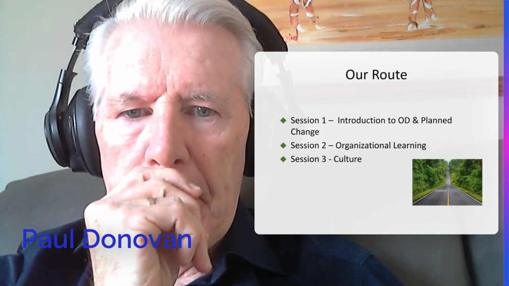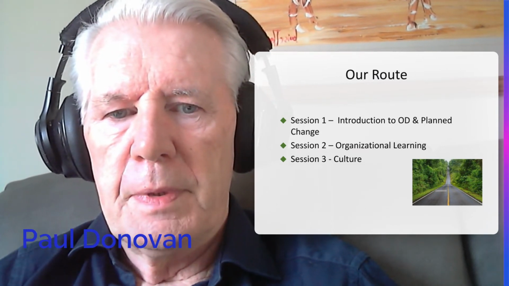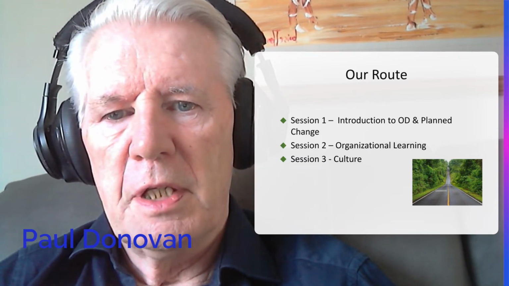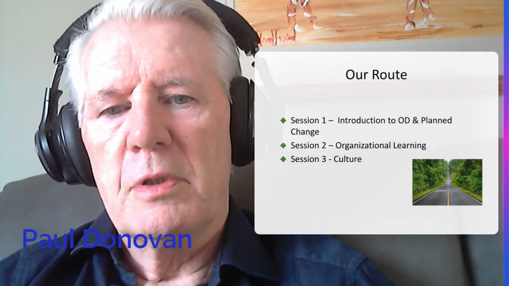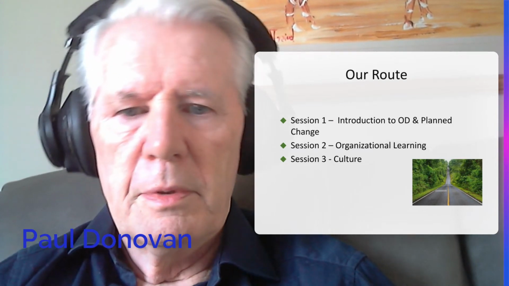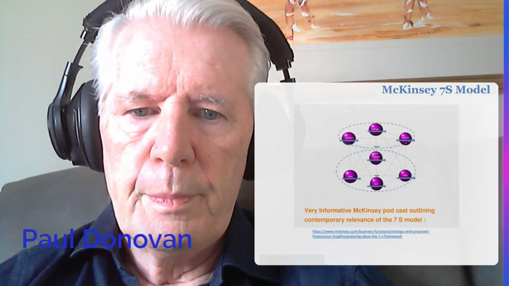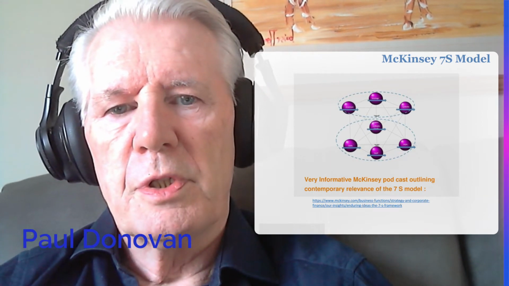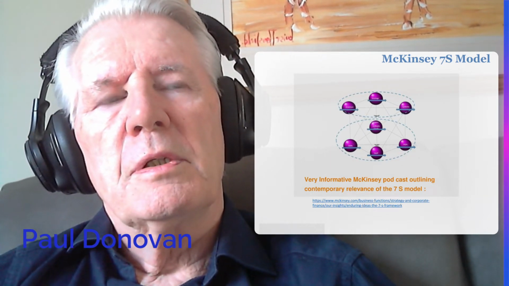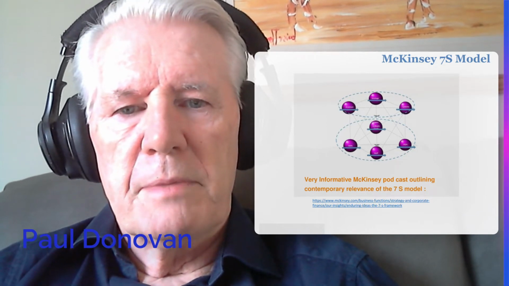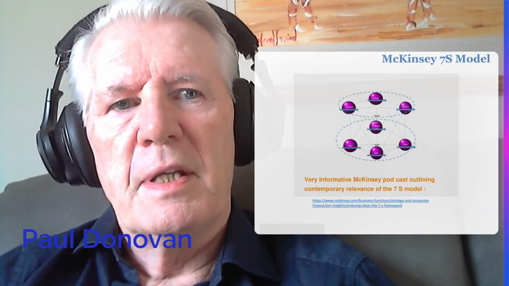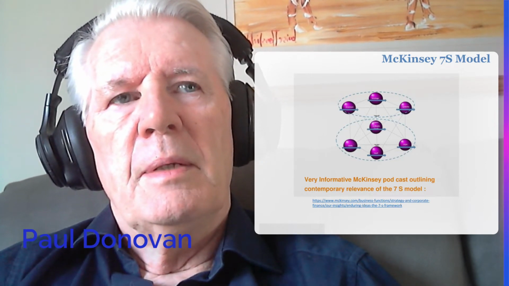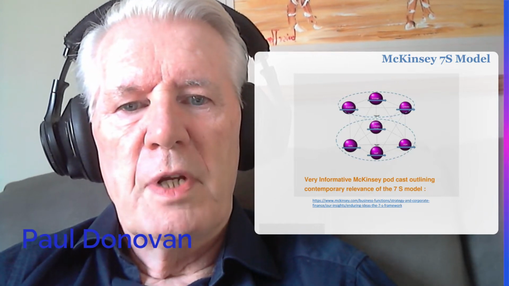The three parts to this section of your module are introduction to OD and planned change. Today, the second session is going to be about organizational learning. The third one is going to be about organizational culture. You've been familiar with models that John has introduced you to, and he's talked about organization design, which is really the environment, how the environment affects and how the organization interacts with and is changed by the environment. And the 7S framework